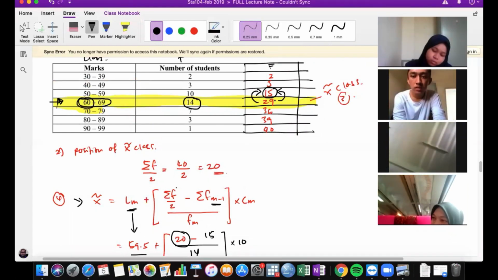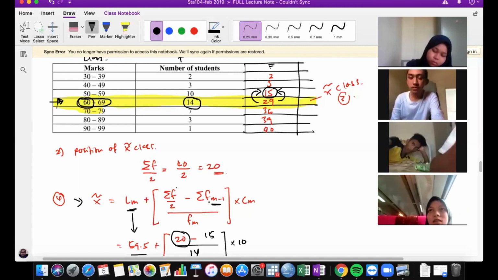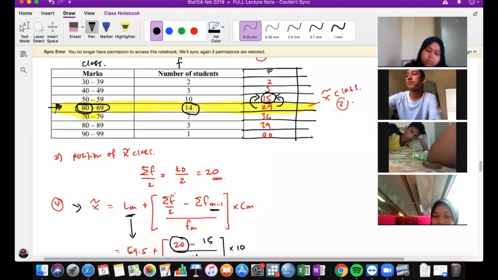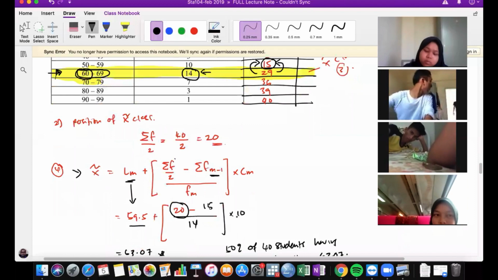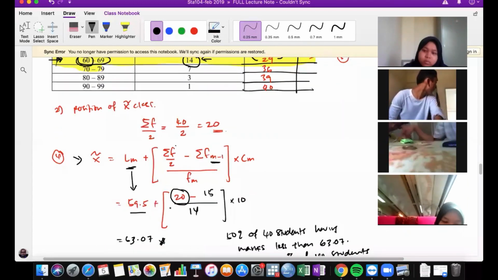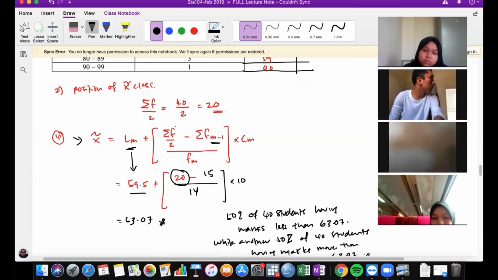This is the median class. The cumulative frequency for the median class is 29. Before the median class is 15, so that's why the summation of f(m-1) is 15. And divide by Fm. Fm means the frequency of the median class, which is equal to 14. And multiply with Cm. Cm is the class size of the median class. The class size from 60 to 69 is 10, right? So you just input the value into the formula and you will get the value of median,